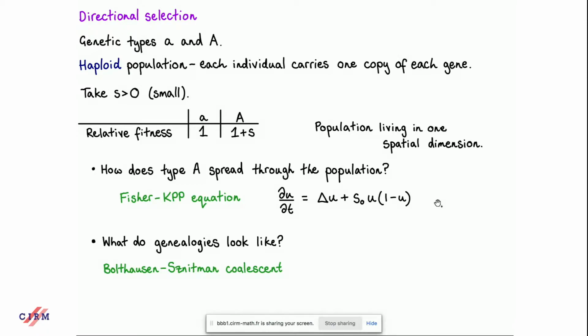So then the other thing that we'd like to understand is what do genealogies look like? So what I mean by that is if we sample multiple type capital A individuals from fairly near the front of the advance of type capital A, and we trace their ancestry backwards in time, then